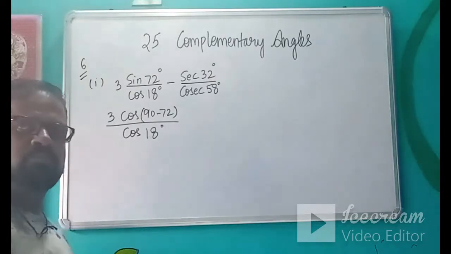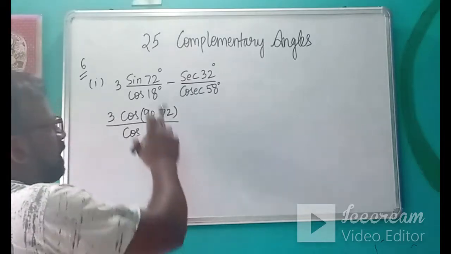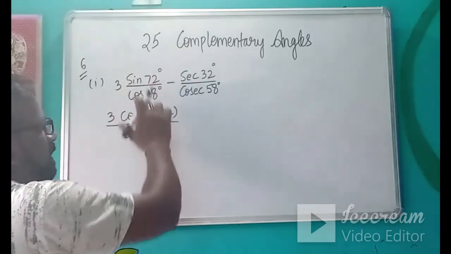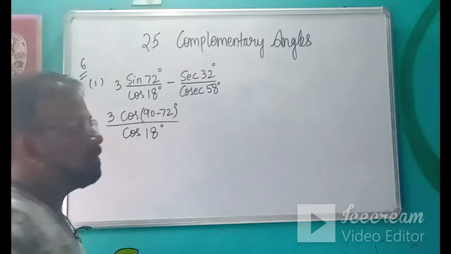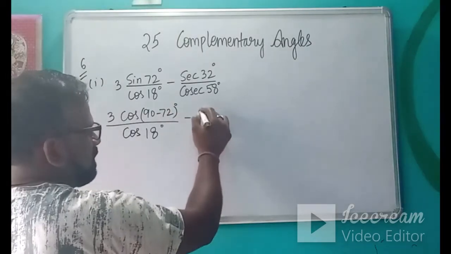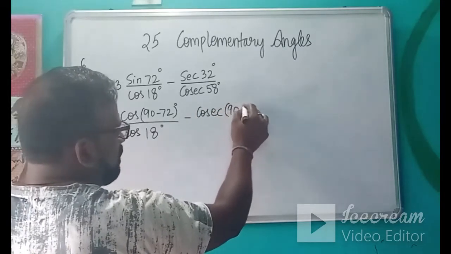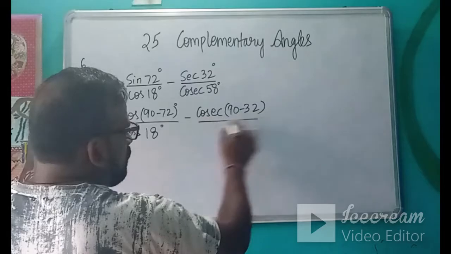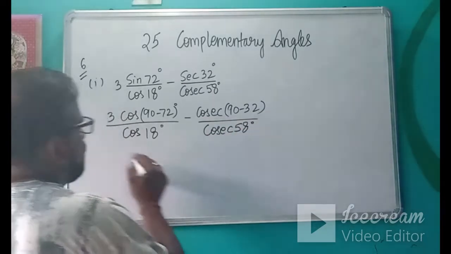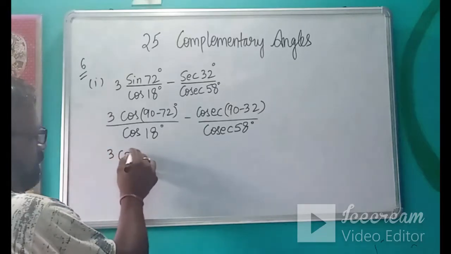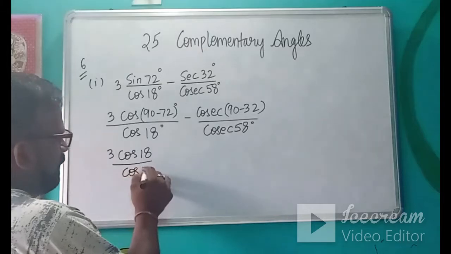Okay, let's discuss a few more questions. Suppose we have to evaluate this. Now I am replacing this sine by cos of 90 minus 72 degree. Sin theta equals cos 90 minus theta. Minus, sec becomes cosec of 90 minus 32 upon cosec 58. So it becomes cos 18 degree upon cos 18 degree